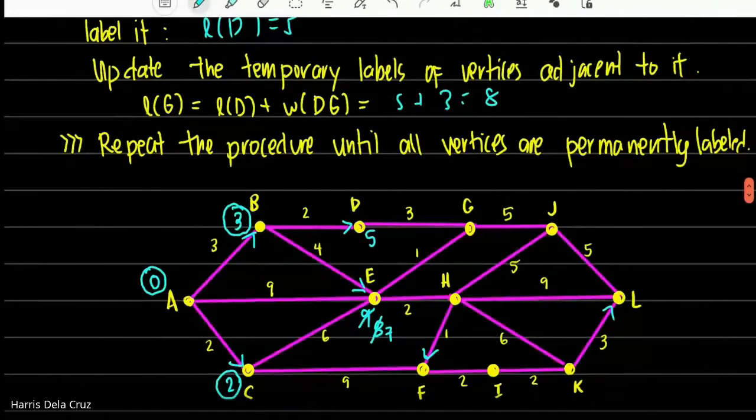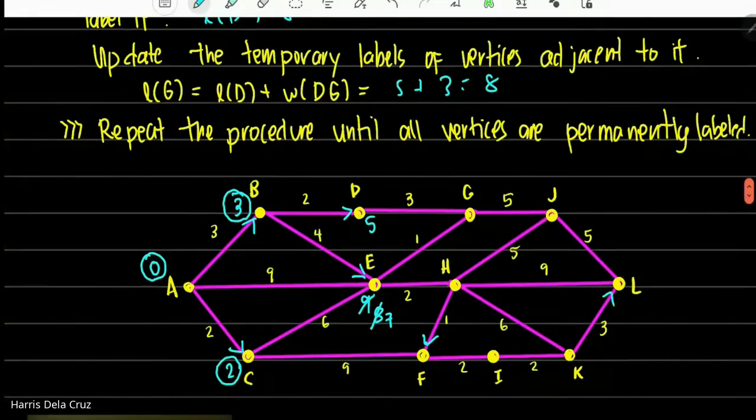So, for example, balik tayo dito sa 3. So, from 3, kukunin mo yung papunta kay D tsaka kay E. So, that gives us 5 and 7. Yung F na labelan na natin ng 11. So, from here, ang pinakamaliit na may label ay D. So, if i-fix mo yung label na D. Then, mula kay D, ang pwede mong puntahan ay G. So, lilabelan mo yun ng 8. Sa mga may label na, ang pinakamaliit na may label ay E, which is 7. So, if i-fix mo na yun,